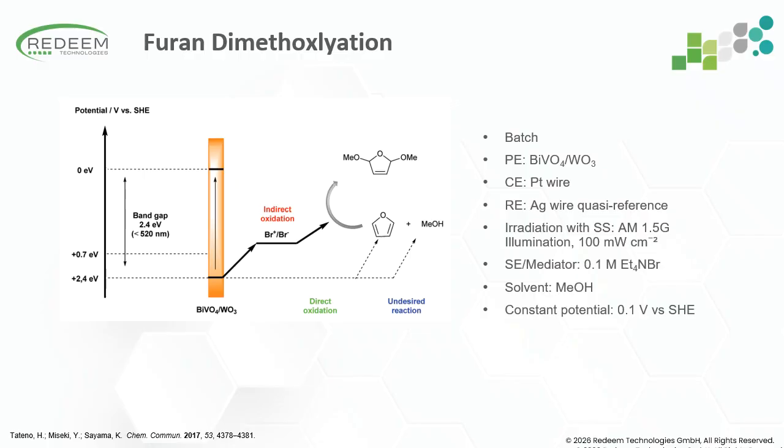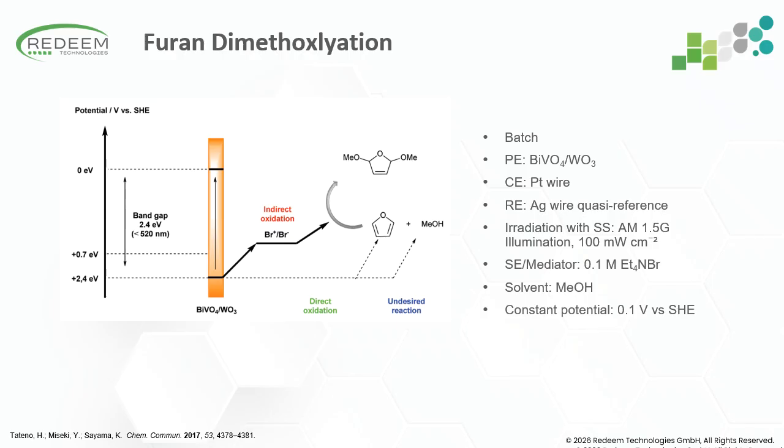Here, this example demonstrates the dimethoxylation of furan, and once again, the reaction is carried out in a conventional batch cell. Bismuth vanadate or tungsten photoanode is combined with a platinum counter electrode and a silver wire quasi-reference electrode. So the reaction is performed in methanol using tetraethylammonium bromide, which acts as both the supporting electrolyte and also as